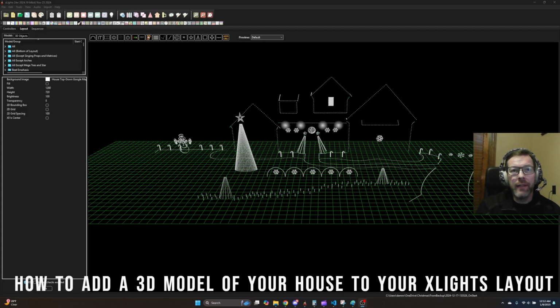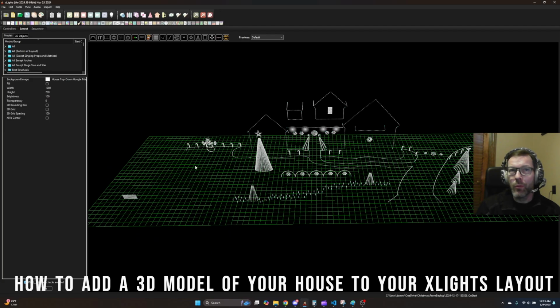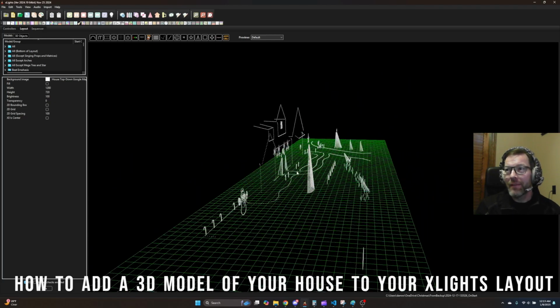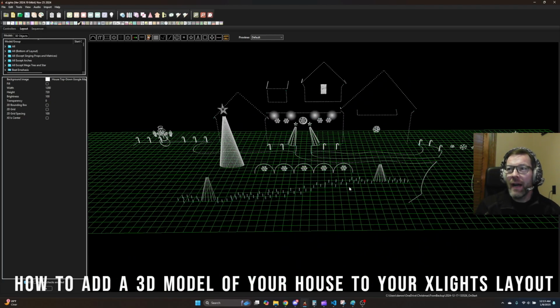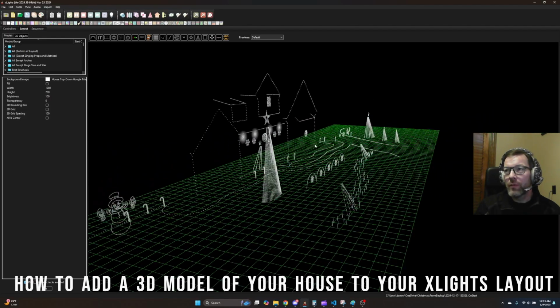Welcome to my video on how to add a 3D model of your house to your xLights layout. If you're like me, when you started in xLights, you probably just started dragging and dropping stuff onto the screen, trying to build what your layout looked like. You probably started in 2D mode and maybe eventually moved to 3D mode because you can get some depth to that. But I didn't really dig into it too much when I started, and just sort of guessed on